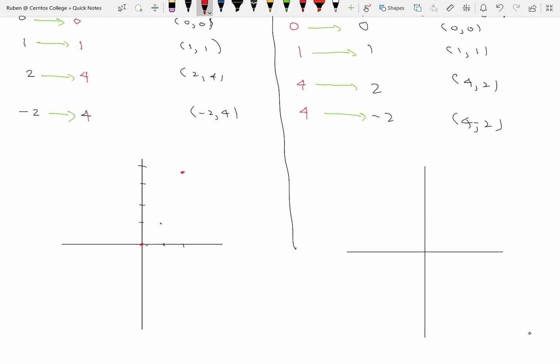Okay, so you got those 3 points in red. Function goes through the point -2 and 4. All right. In fact, I want to label those points. This is the point 2, 4, the point 1, 1, the point 0, 0, point -2, 4,